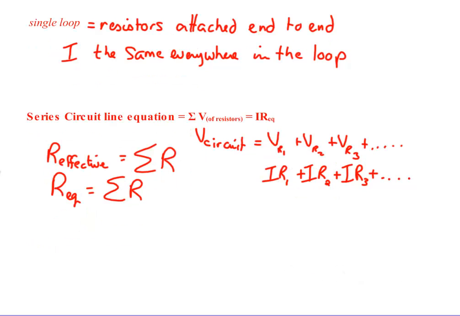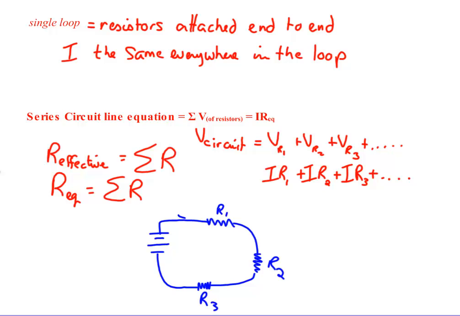If I were to draw a schematic of a series circuit, it would look like this, or something like this. So there would be a circuit, resistor 1, resistor 2, resistor 3. My current is traveling this way around the circuit. The other way I can arrange resistors in a circuit